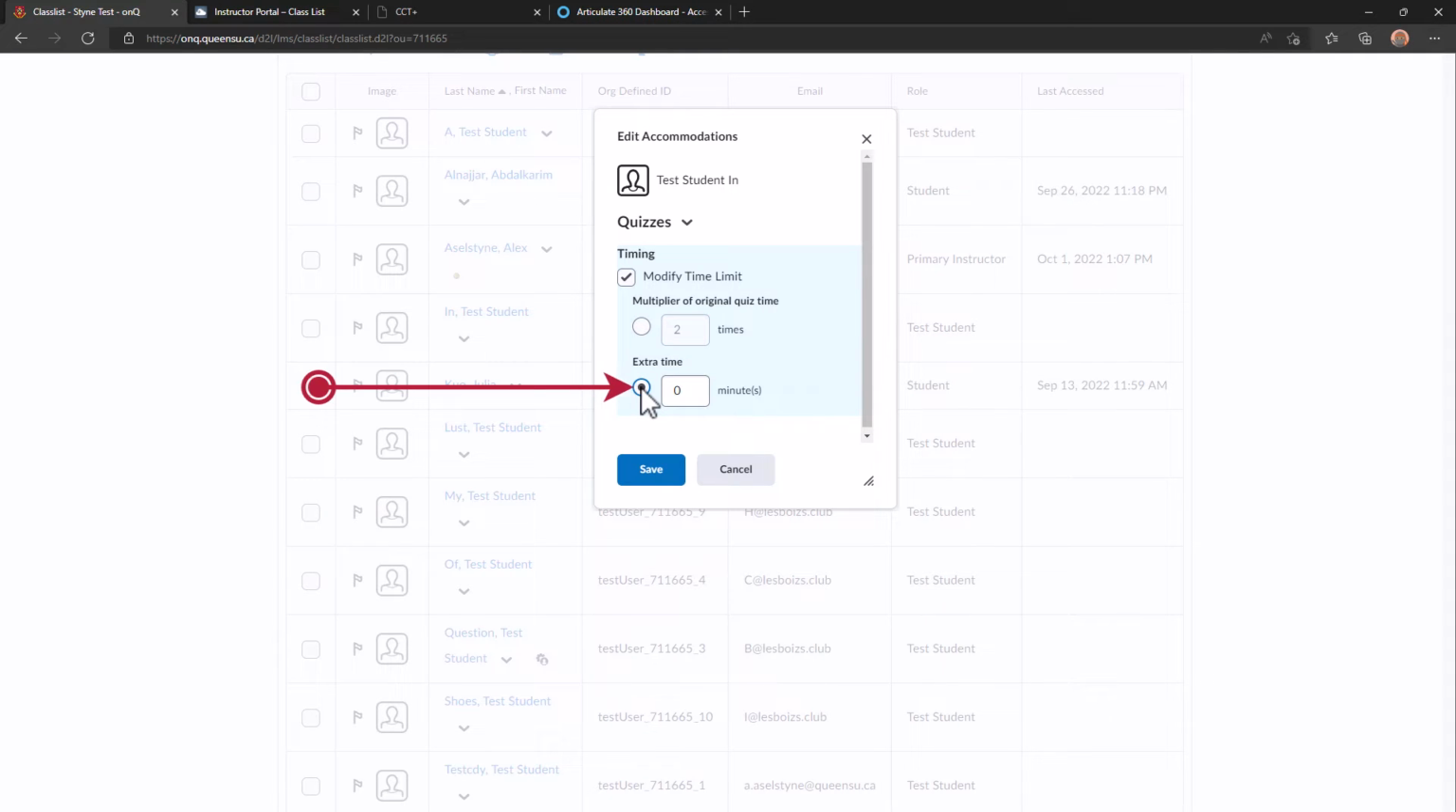The extra time option would be used if a student's accommodation is something similar to always receiving only 5 extra minutes, regardless of the duration of the assessment. Then, you can put in the number of minutes they are entitled to, and they will always just get that many minutes extra. Once you've entered the correct value, go down and hit the Save button in the bottom left